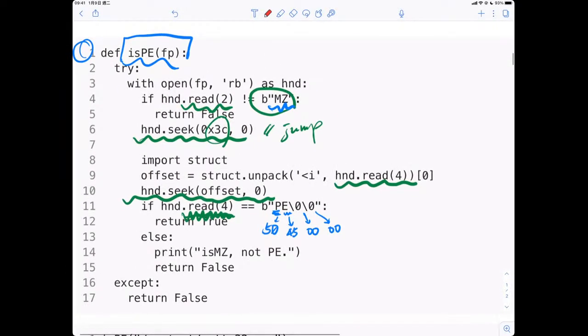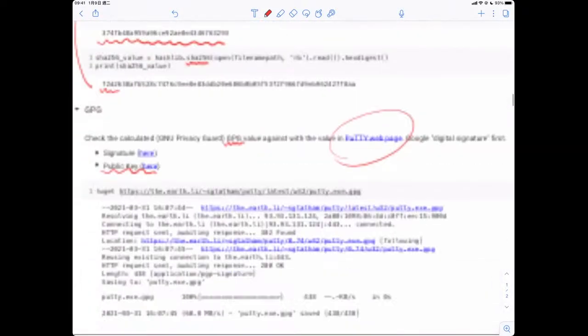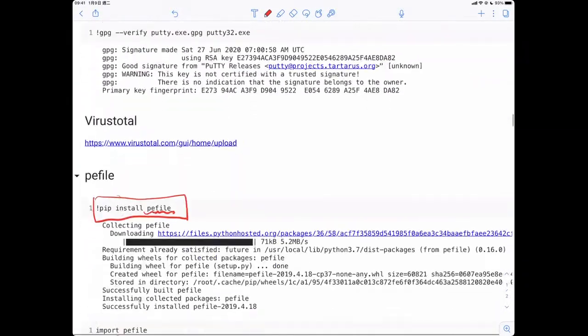We have to read the first 2 bytes of this file to make sure it's a DOS file, and then there is a pointer pointing to another 4 bytes. These 4 bytes should be written as capital P, capital E, 0 and 0, and then we know it is a PE file. So basically, you should follow the structure of a PE file to make sure it is truly a PE file, not